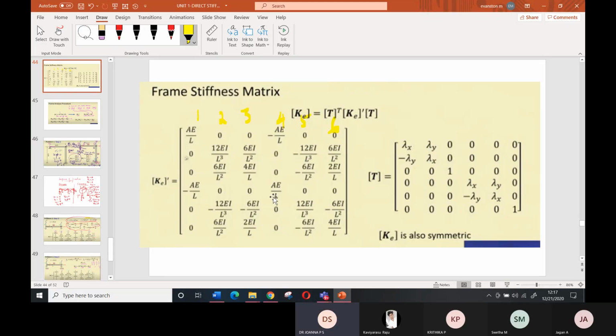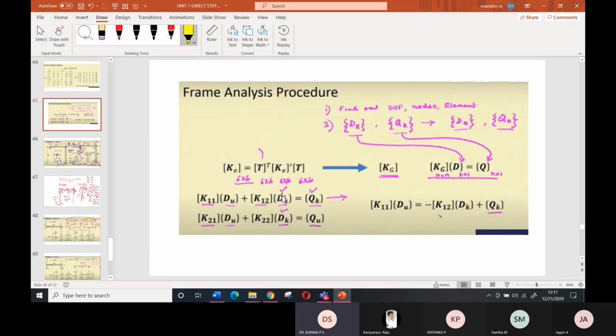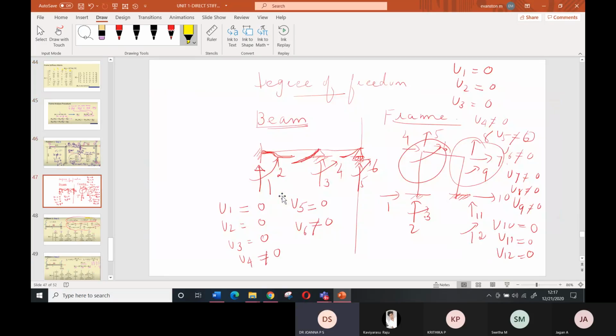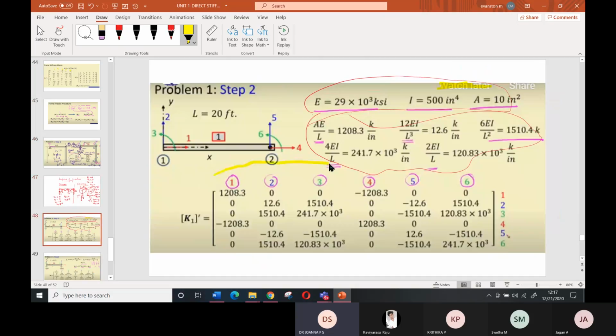Have we noted? Then you have to note these values. This matrix you copy down. I have substituted the values. Copy this one. That is K1 dash. K1 dash means it is for the beam element, the horizontal element. The global stiffness matrix, that is Ke, will be equal to Ke dash. Ke dash and Ke are both the same because the element is along the global horizontal axis, with global y and z.